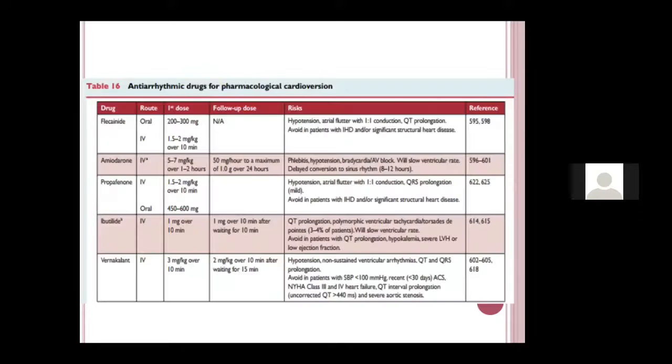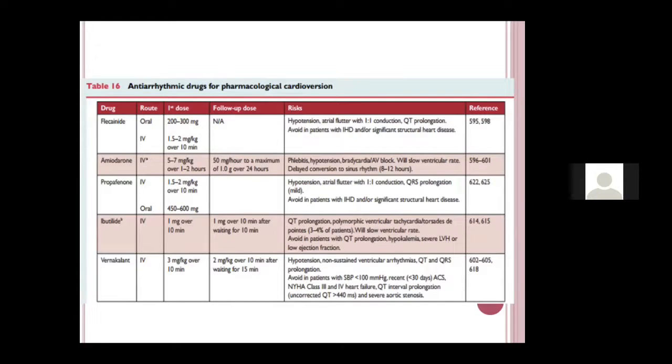Now, what all drugs do we use? Before going further, I'll just say remember one thing. If you have a patient with structural heart disease, means any patient who has a structural heart disease like mitral stenosis, AS, AR, pericardial disease, congenital heart disease, cardiomyopathy, LV dysfunction, in those cases, it's usually only the amiodarone group which is beneficial. You cannot give any other drug.